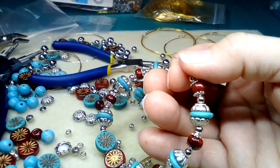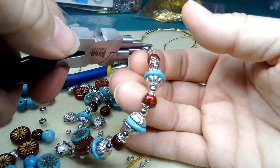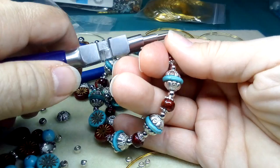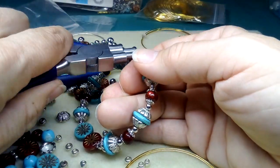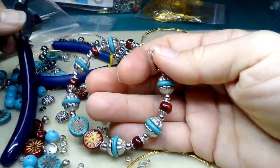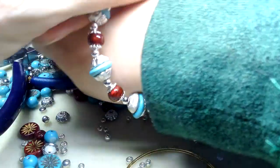And I keep wanting to use my other hand. Not gonna happen. I have no clue what I'm doing here. Yeah, I'll definitely be recutting these. Look at, oh, you didn't see that. Okay, so let's try this on. It's very light, so